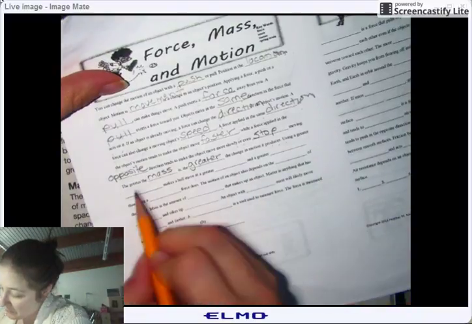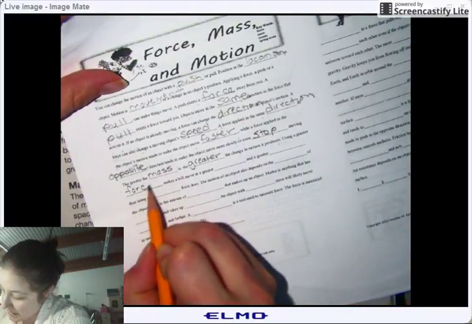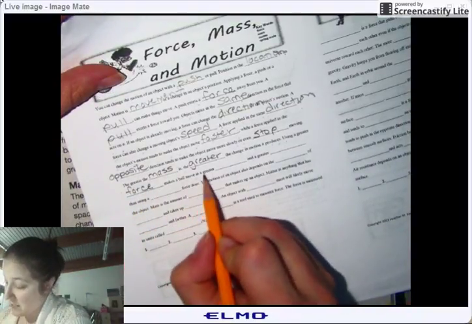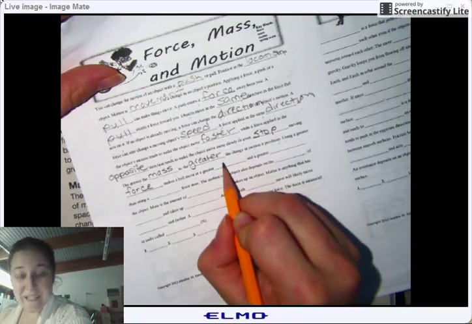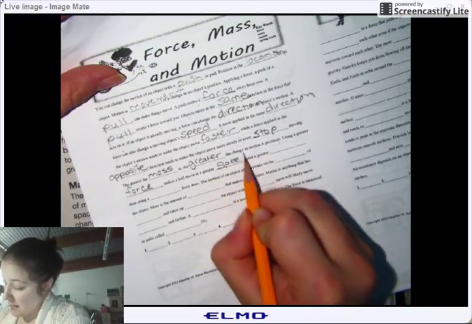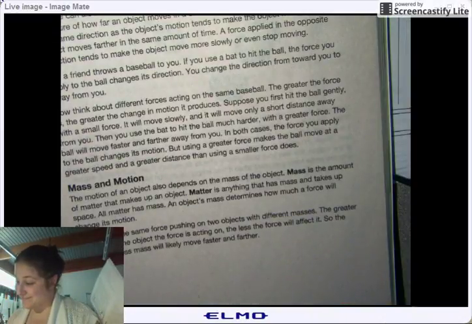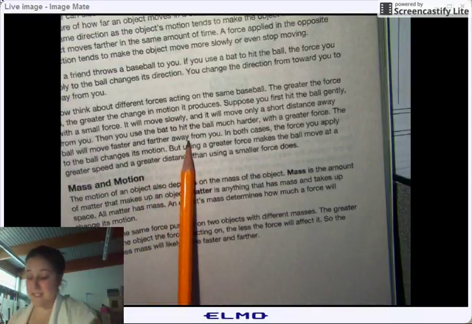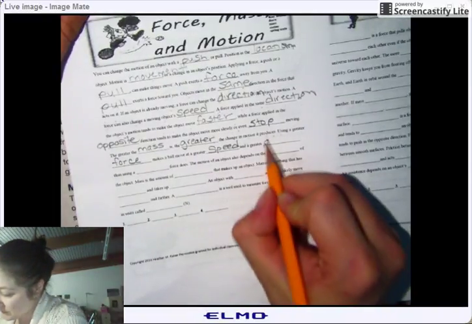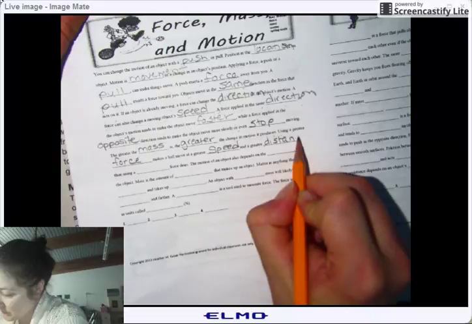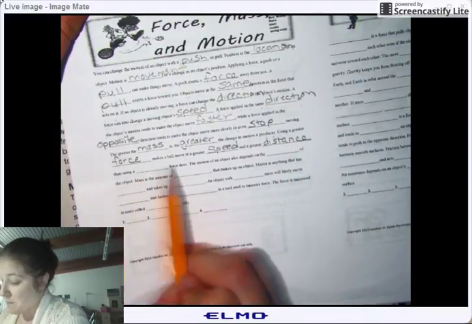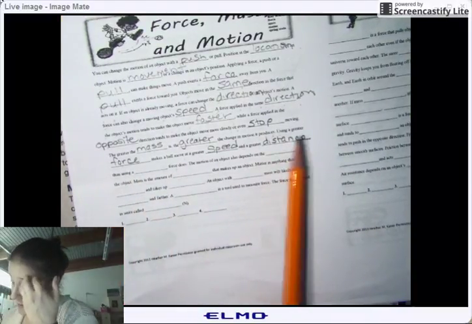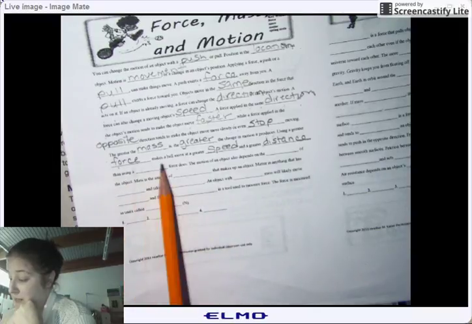So using a greater force makes a ball move at a greater speed and at a greater distance than using a smaller force does. So think about it. Using a greater force makes the ball move at a greater